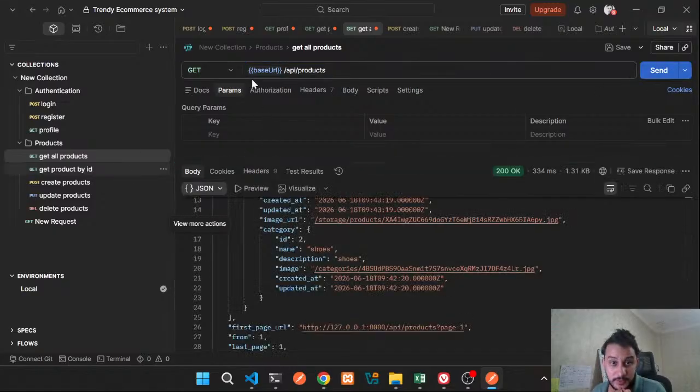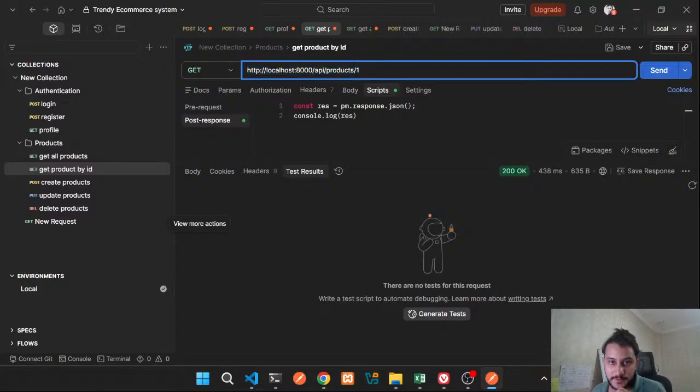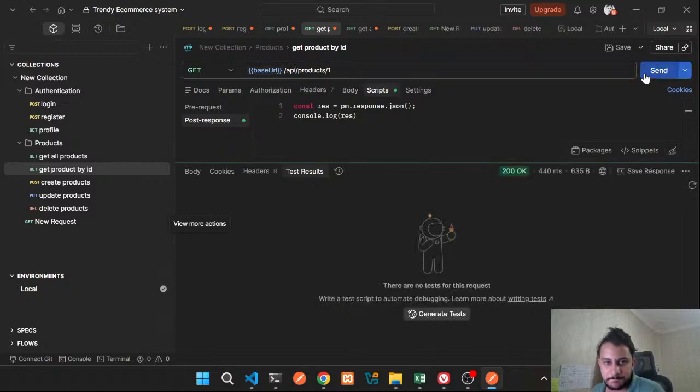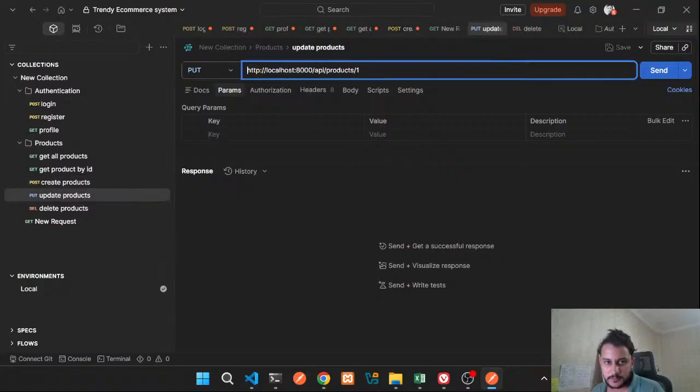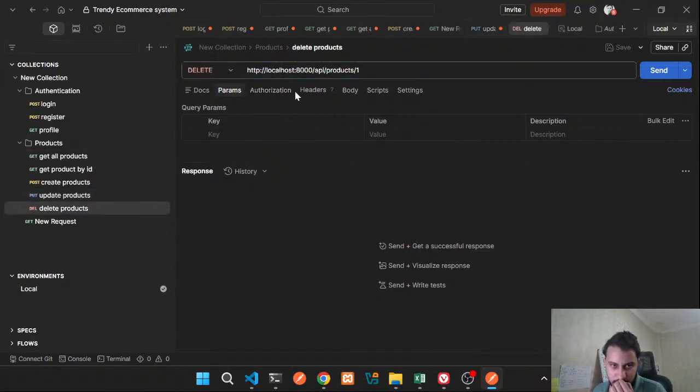Also to say I want to replace all the endpoint with this variable. So the product by ID. And here I want, okay, so